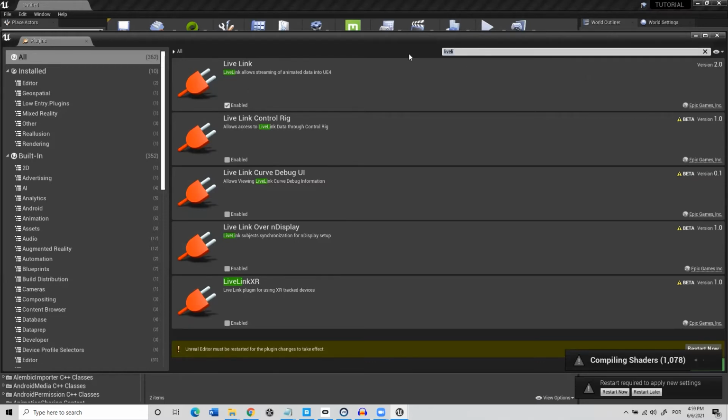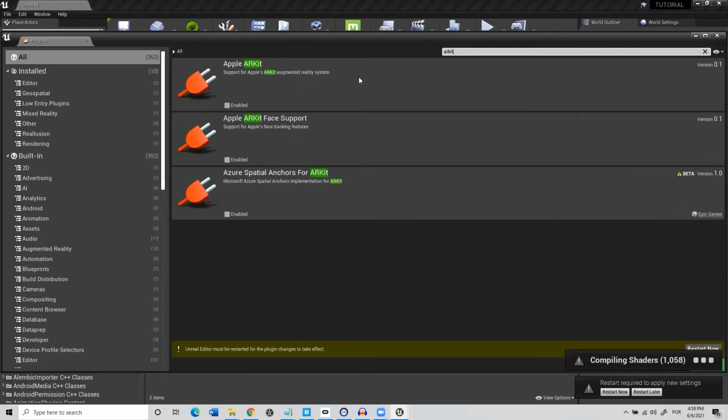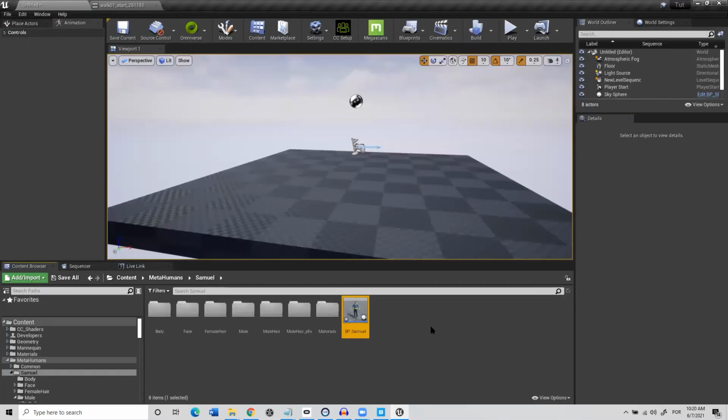And then you also need ARKit. You write ARKit, this is Apple ARKit, and you need to enable Apple ARKit and Apple ARKit Face Support. Okay, so you just enable these two, and we're good to go. So we restart. Okay, but now before we get our MetaHuman inside, let's talk about the configuration for our app,